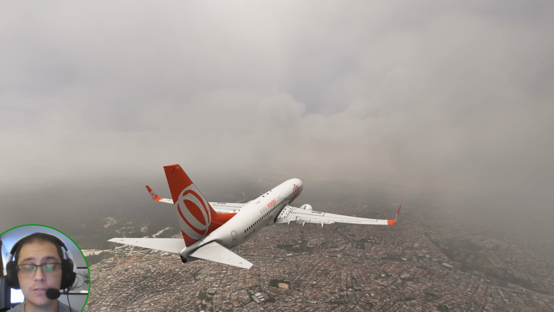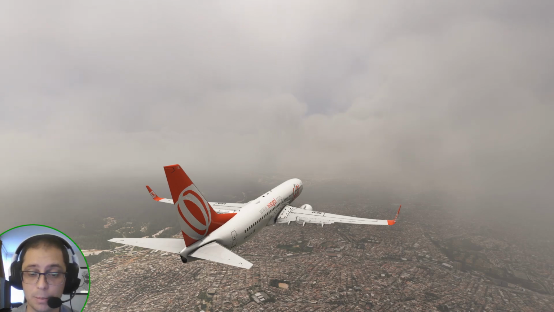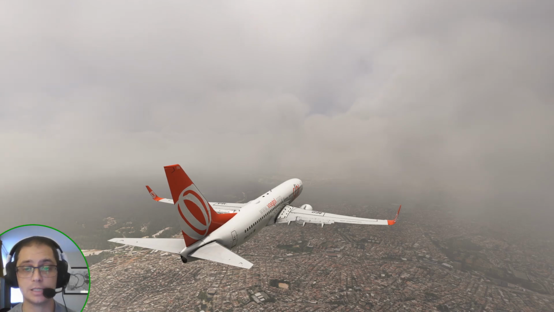It is slightly different from my previous video where I show you how to recover from an ILS interception from above, when you intercept the glide slope from above. Okay, another thing that I want to make very clear is that this